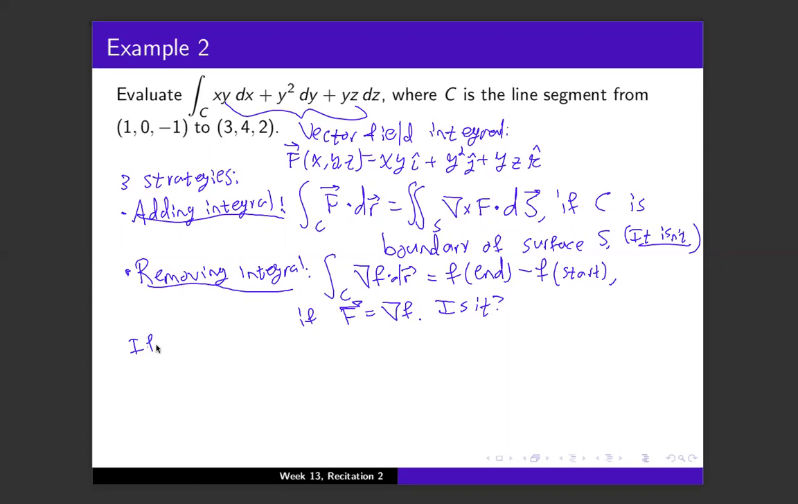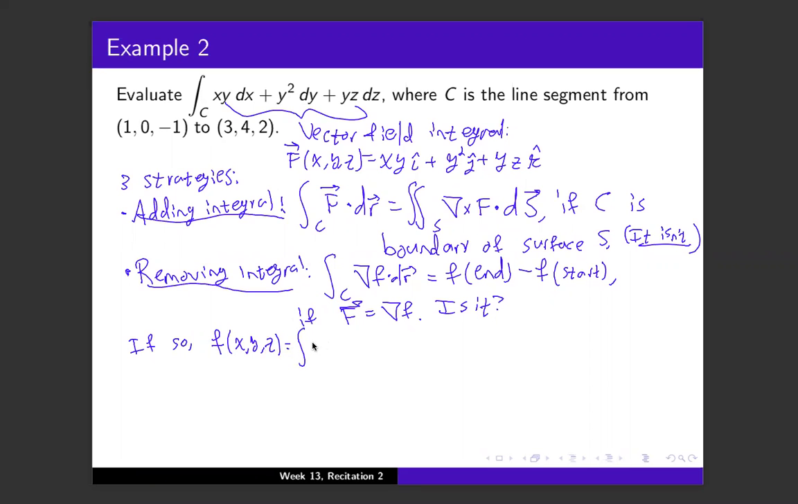If it were, you can test this a couple of different ways. You can see what the curl is, and if the curl is 0, then we're in business. But if it's not, then we can't do it. But if you don't remember what your three-dimensional test is, that's okay. You can just try doing it directly. You would need it to be the case that f(x,y,z)